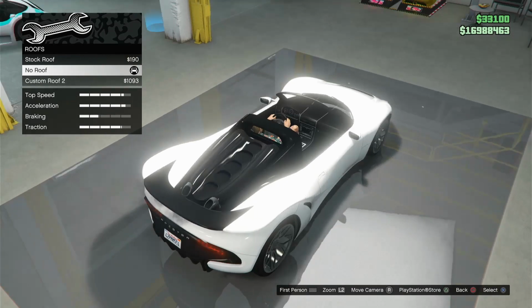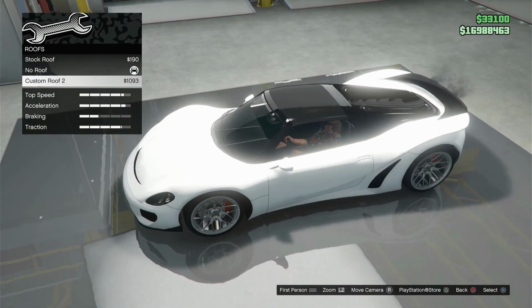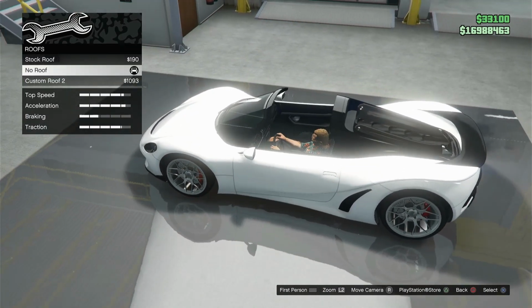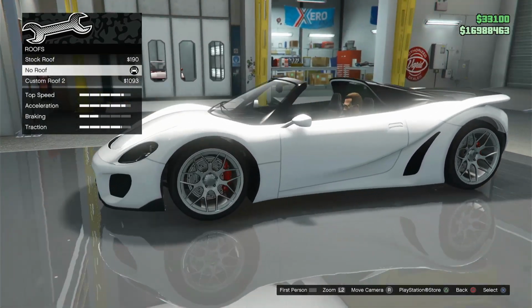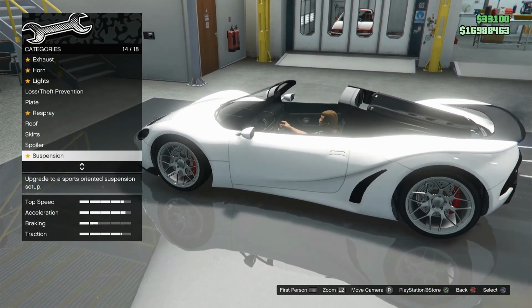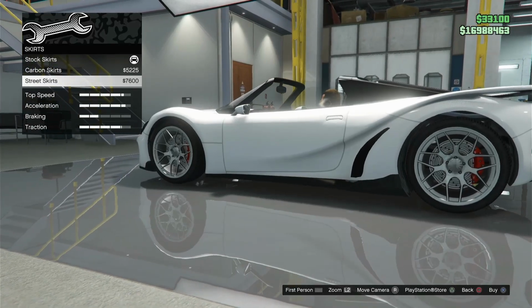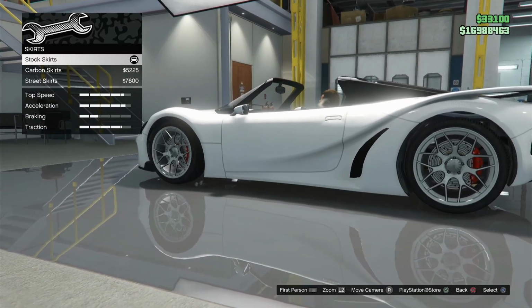What kind of roof option? Oh, that's cool. So you can add the roof. You can do no roof, stock roof, or carbon. Do I want no roof? I kind of like the no roof. I mean, we might as well rock a convertible. There's not many of these that are convertibles. Carbon skirts, street skirts, stock,